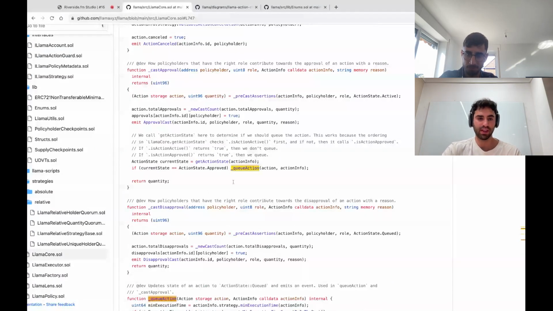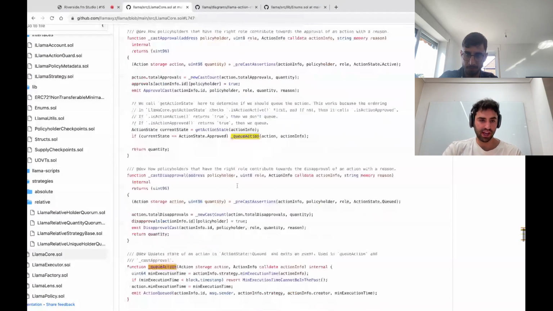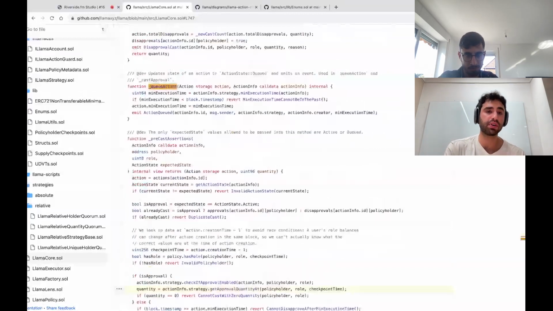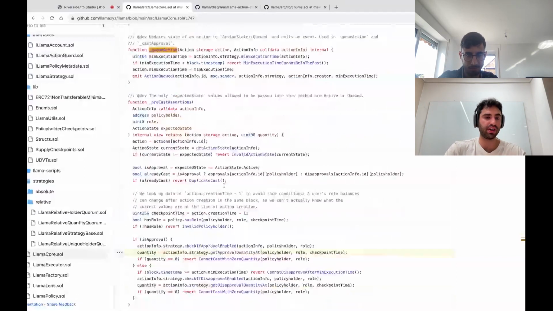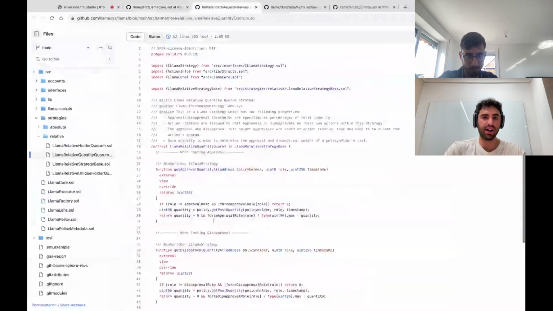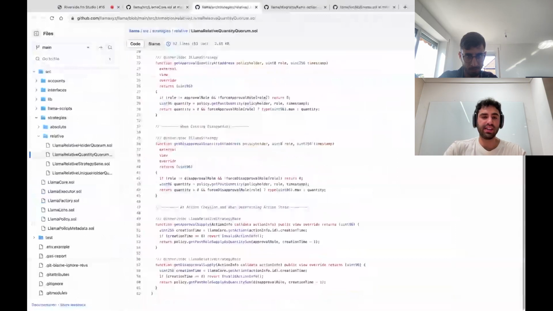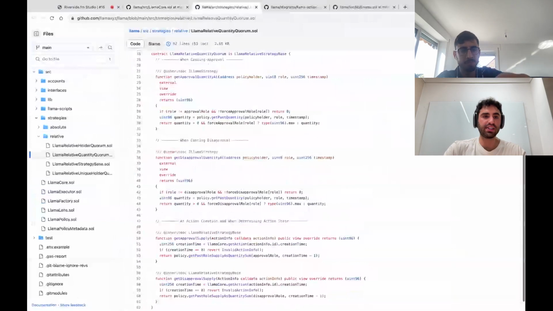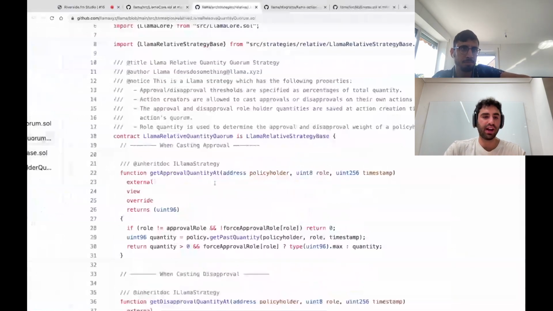But before we do that, when an action is approved, when you pass that approval threshold as specified in the strategy, let's go back to the strategy to make the logic a little more clear.